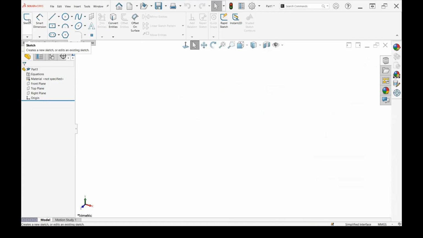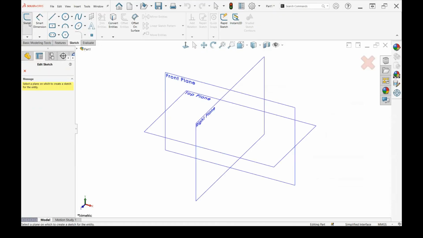So we're going to go into option number 3, which is going to be a little bit strange, so bear with me for a moment. Prior to now, I had been drawing on the front plane. In this assignment, we're not making a specification on what planes the end product should be in, and in general, it's not going to matter until you start working with coworkers or having parts that you're working together with in, say, an assembly.